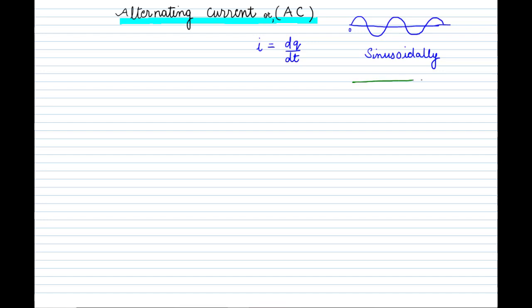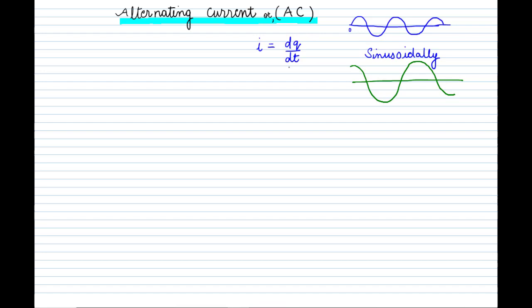So again I take an axis, and for the cos wave, at the angle 0 it has a maximum value 1. So it starts from the maximum value, gets 0, then maximum negative, and again 0, and continues like this. Whenever you see a waveform like this, that is a cos wave, and the blue color you can see is a sine wave. So either it is a sine wave or a cos wave. In combination, we call this variation a sinusoidal wave. So all the alternating currents are represented with the sinusoidal wave.